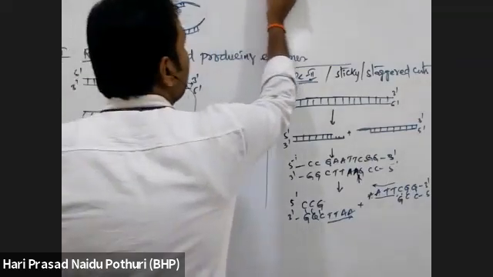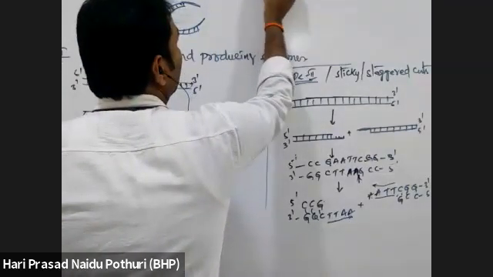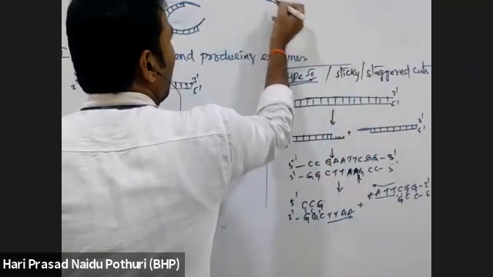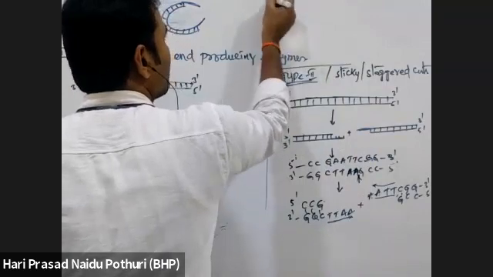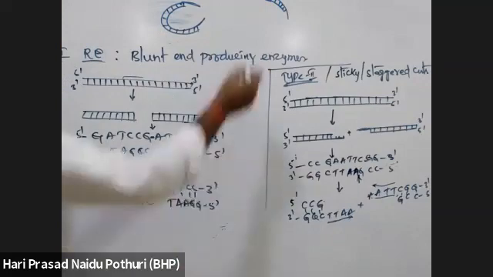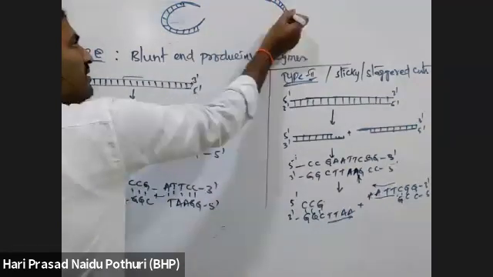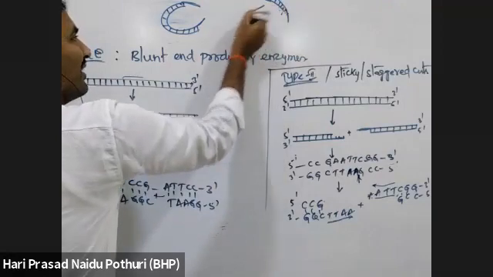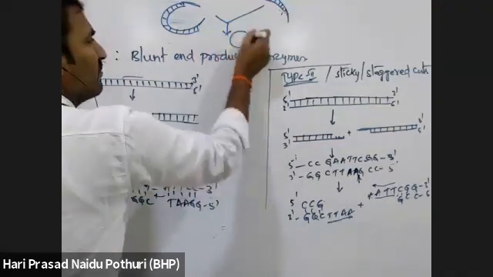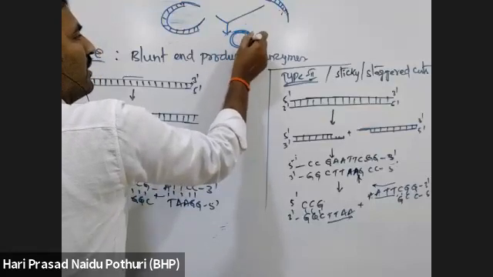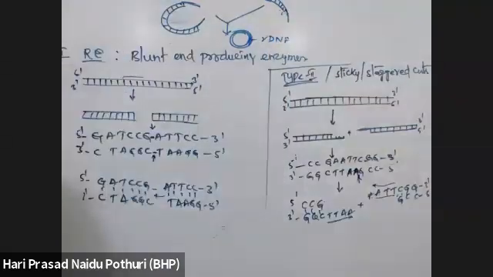Similarly, the DNA we are also cutting. When we cut a DNA like this, a fragment of DNA is formed which has a complementary single stranded sequence. Yes or no? So when this DNA has a single stranded sequence and this DNA has a single stranded sequence, both are there, then only they can join. So we can combine them by the action of DNA ligase and prepare rDNA. Yes or no?